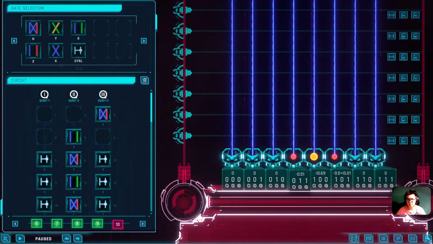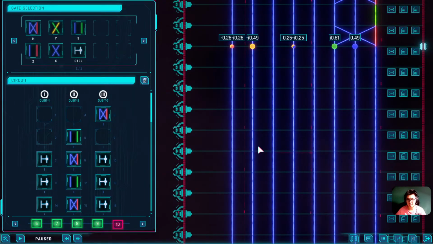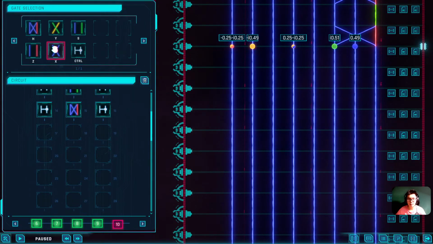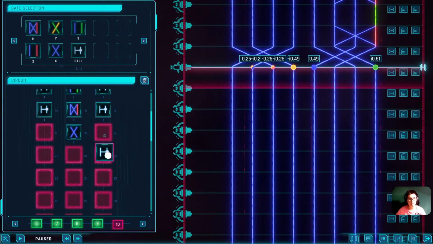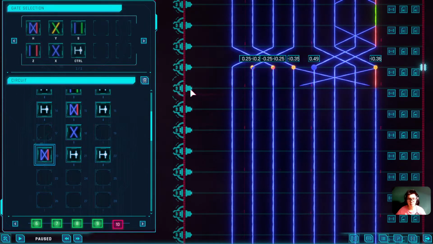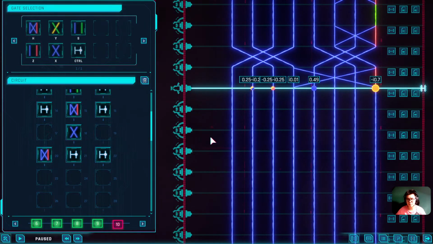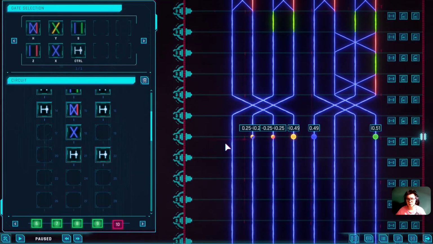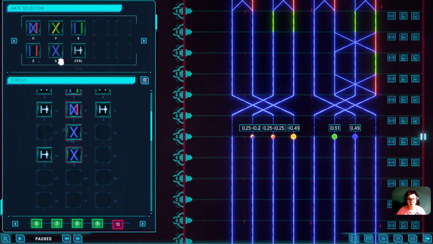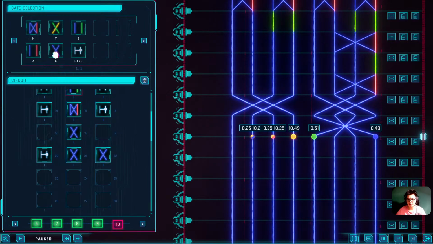So 0.49. 0.49. Let's do that. 0.49 and 0.51. Let's try adding these two together to see if the yin-yang works. This will create a 0.7 and a 0.01, so I don't think this is suitable. Let's try this. Try again with 49 and against the 49. Let's try